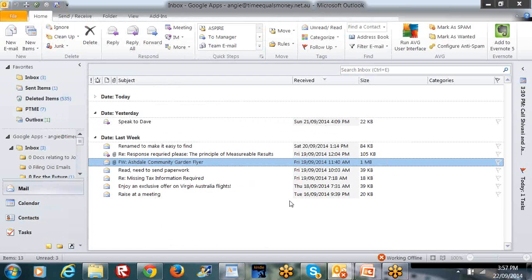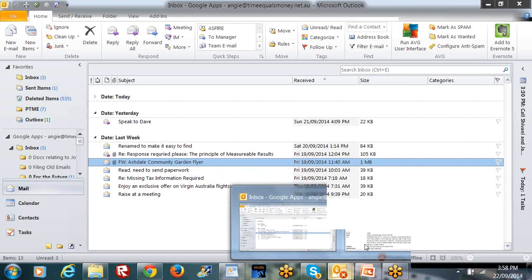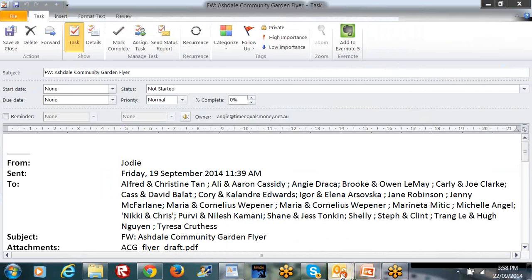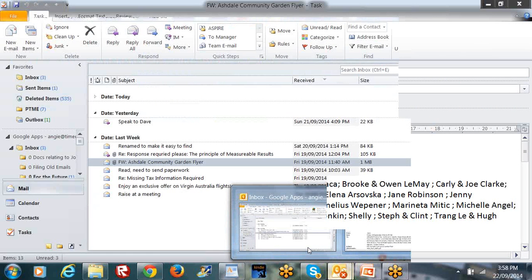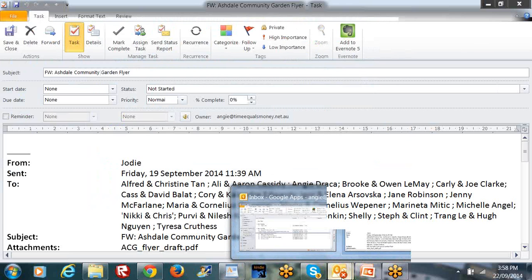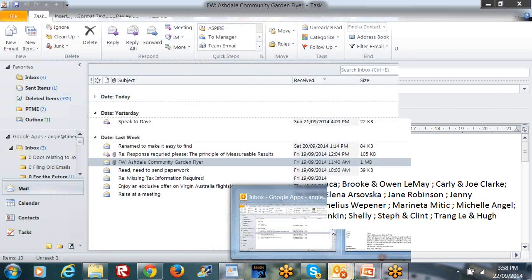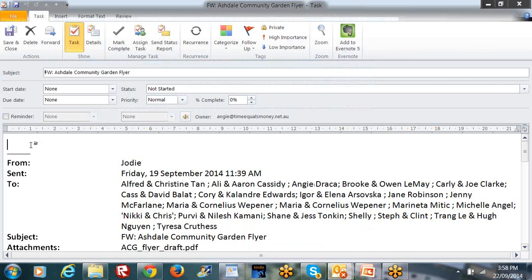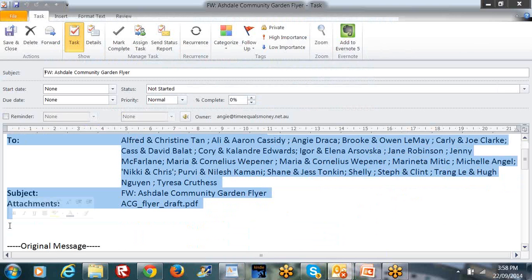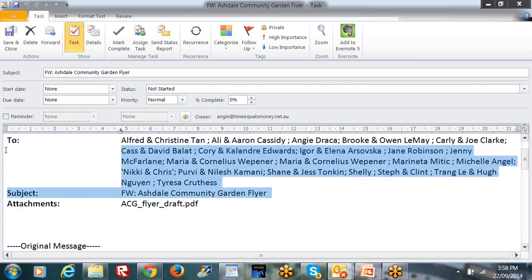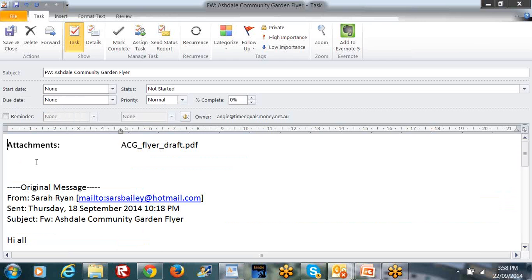Now, if you've got this version of Outlook, sometimes it thinks that you're not actually interested in doing anything with that task, so it minimizes it. There it is there. It's still available, it's just not in view. Can you see that? If I hover over the icon, there it is there. So I want to make a task out of this particular email. As you can see, let me just get rid of these people's names. As you can see,